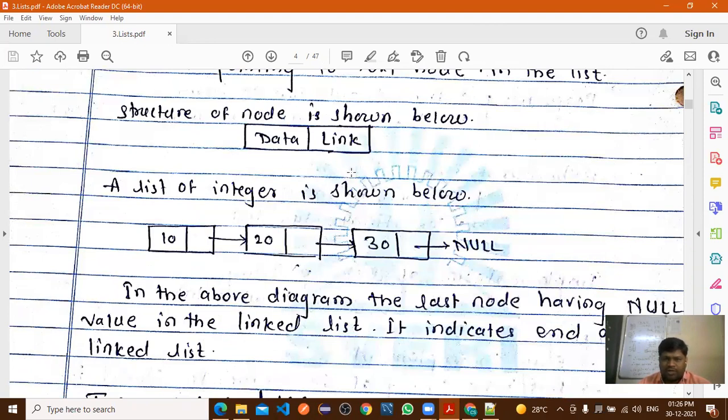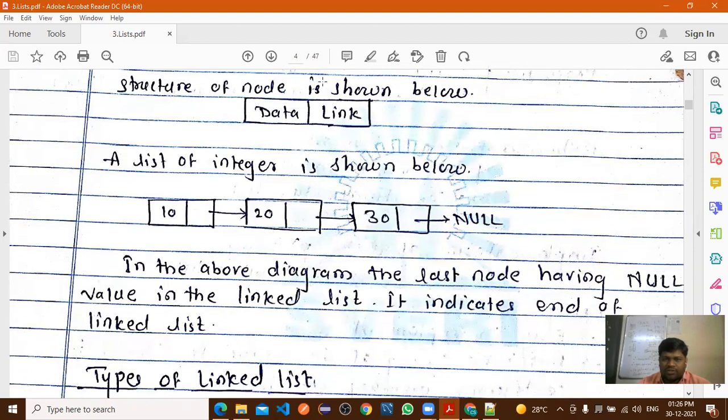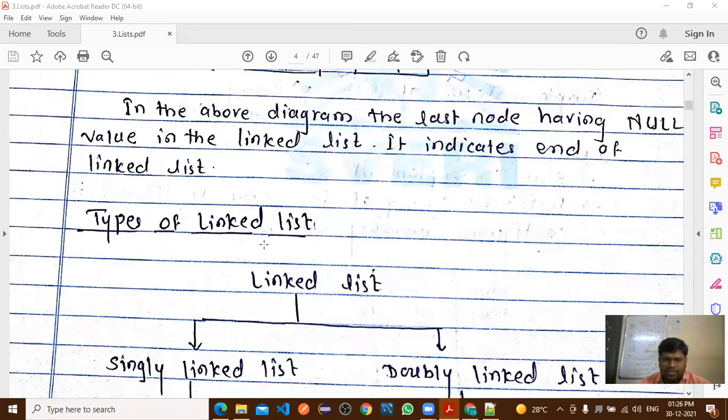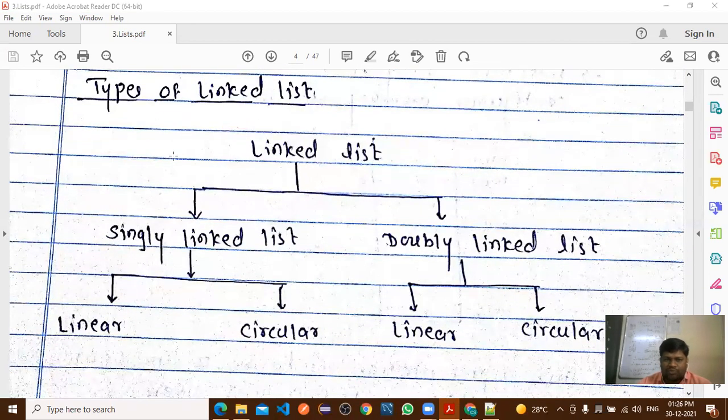Okay, how links connect with each other, that part also we have discussed, right? After that, types of linked list. So this part is completed.